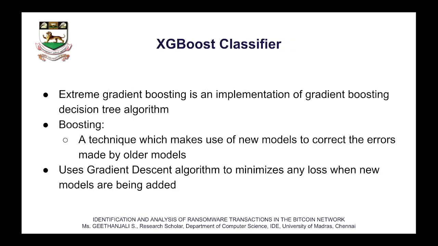The other classifier used is XGBoost, or extreme gradient boosting classifier. This is an implementation of the gradient boosting decision tree algorithm. Again here a decision tree is involved, whereas the trees are going to be built and boosting is going to be applied. Boosting is nothing but, as new models are being built, the error rates of the previous models are incorporated to make changes and improve the accuracy of newer models. To detect and correct these errors, the gradient descent algorithm is going to be used here.